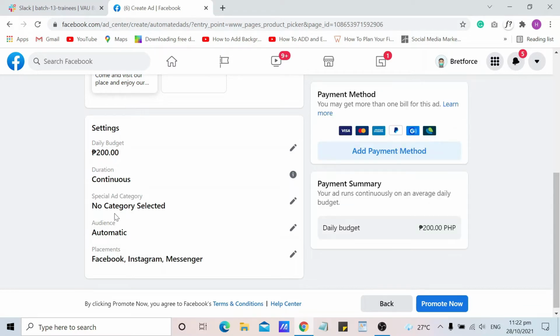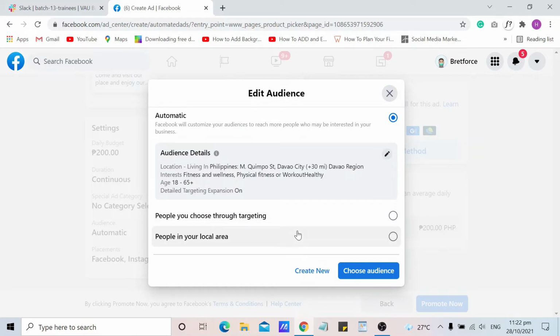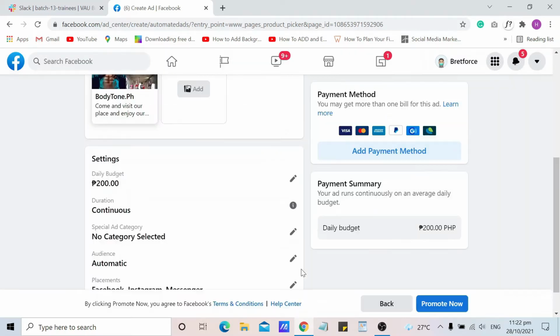You can also define your audience here. Just click the pen. You can choose automatic, people you choose through targeting, or people in your local area. I prefer to choose automatic. Because this is for automated ads, I will choose automatic and then choose audience.